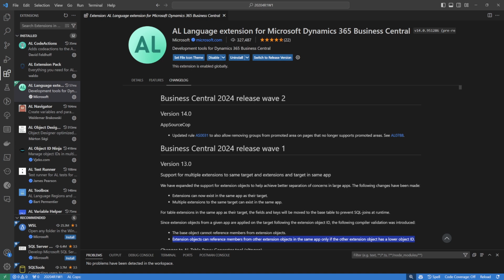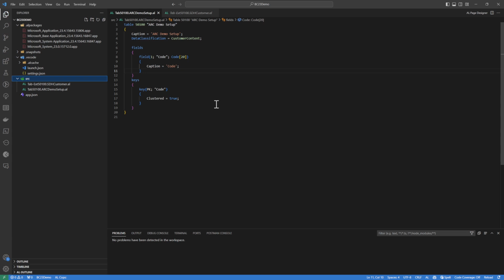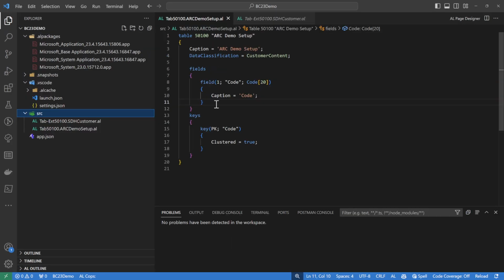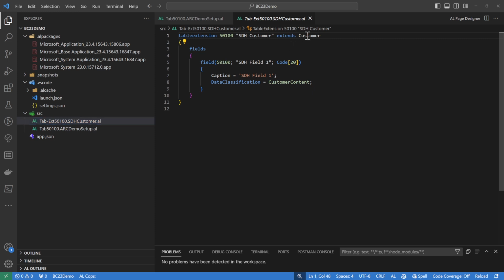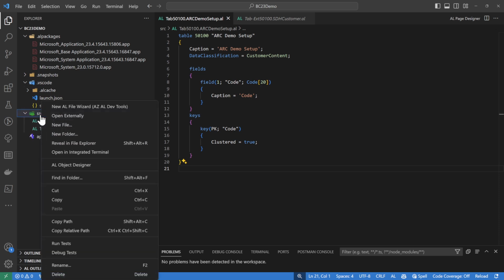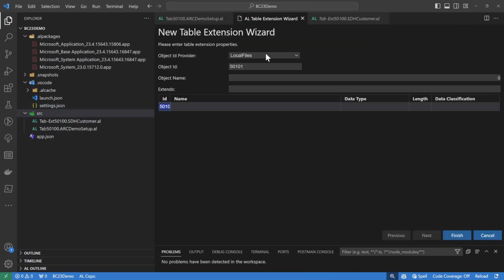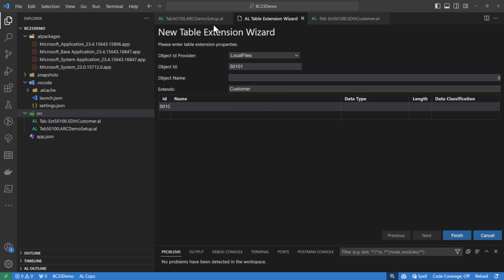So to clarify it, what I've done here is I have a simple app built in BC 23 wave 2, which as of today contain a table extension to the customer table where we are adding one field, and then it contain a new table, completely new table. Now till Business Central 23 release wave 2, if I try to add a extension to table called customer, and even if I name it differently,